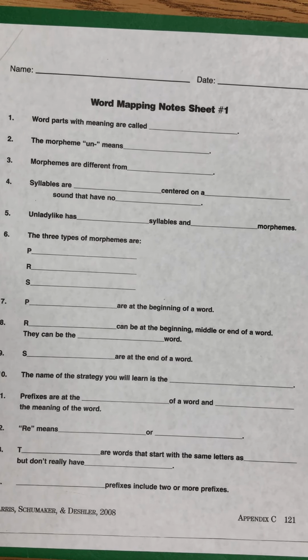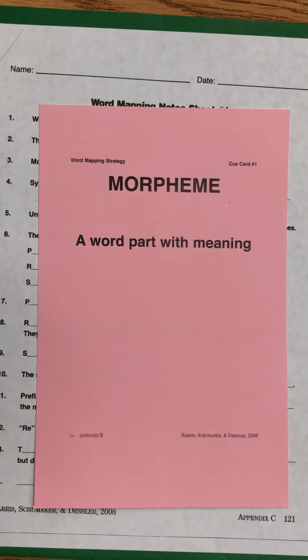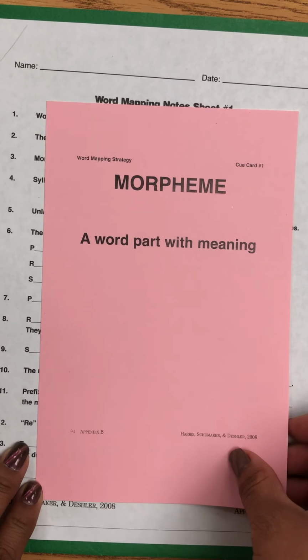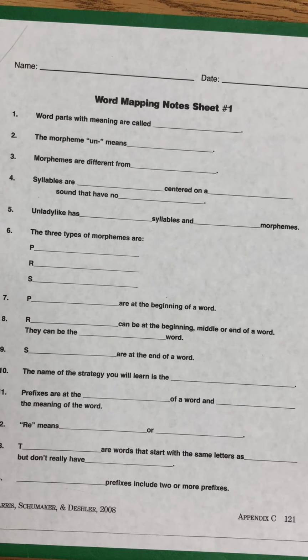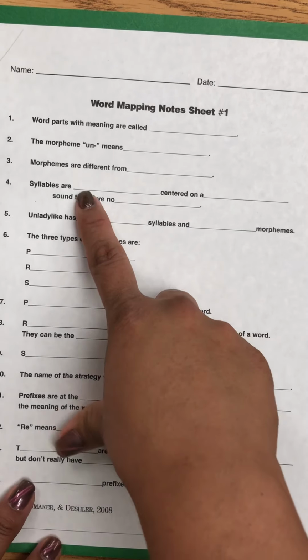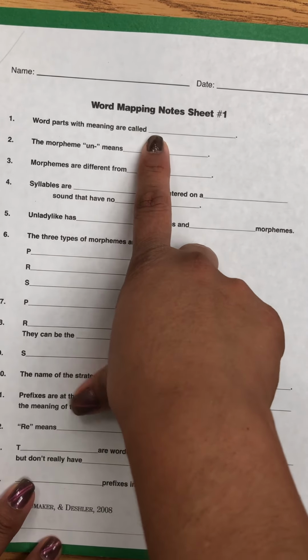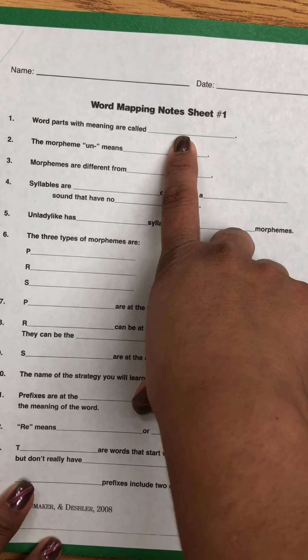So the first card that I'm going to put out here is cue card number 1. And so it says that word parts that have meaning are called morphemes. A morpheme is a word or the smallest part of a word that expresses meaning. And so if you're following along with me, you will basically get all the answers to the notes here. So here it says word parts with meaning are called,